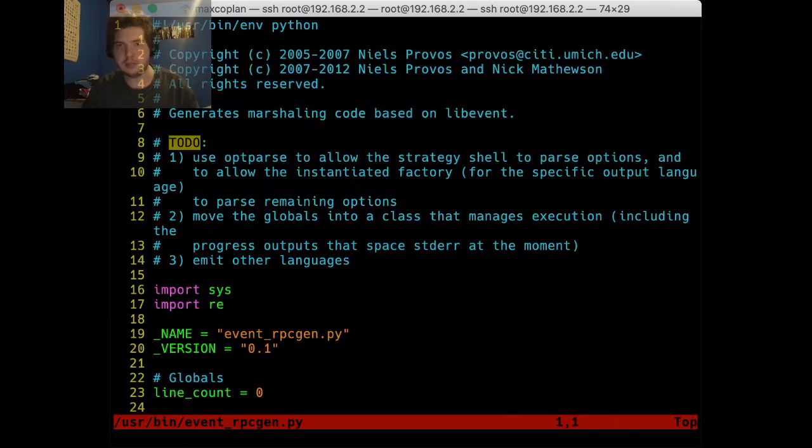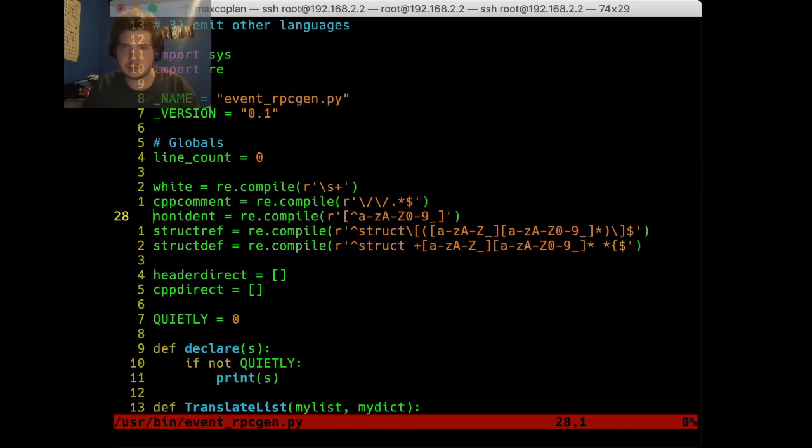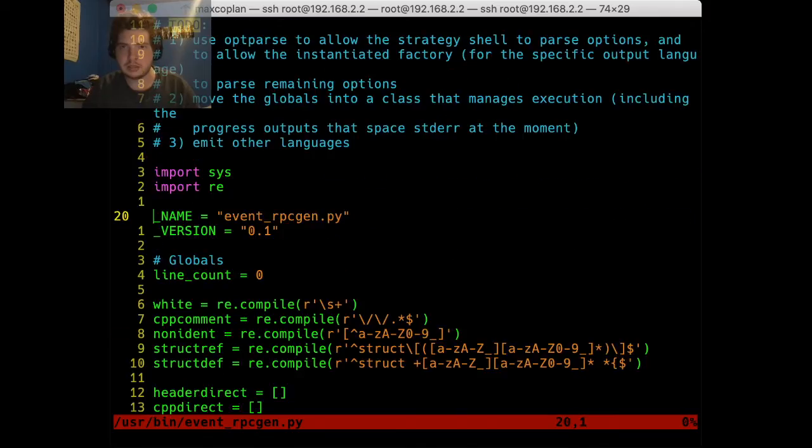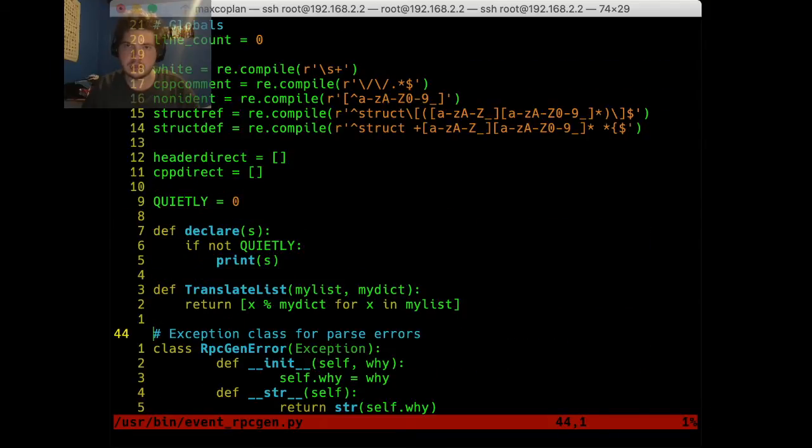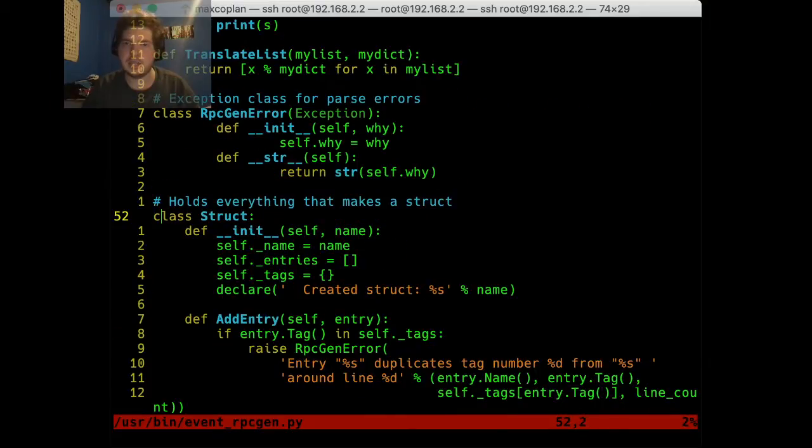Oh, this is a big file. It's interesting that this is written in, I'm interested that this is written in Python.